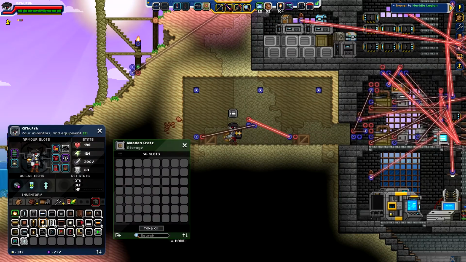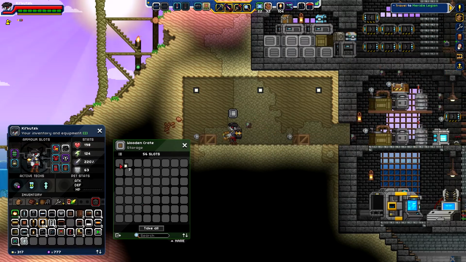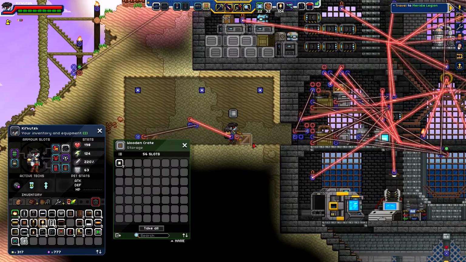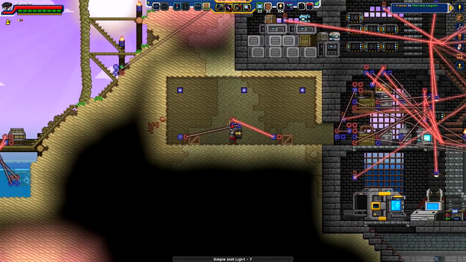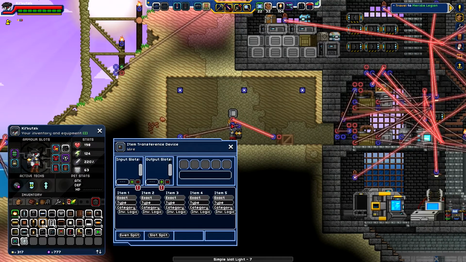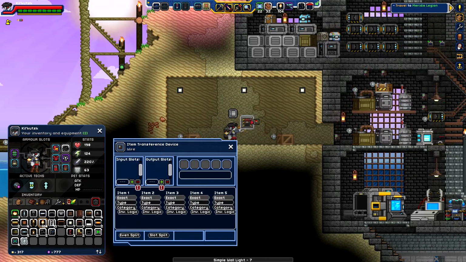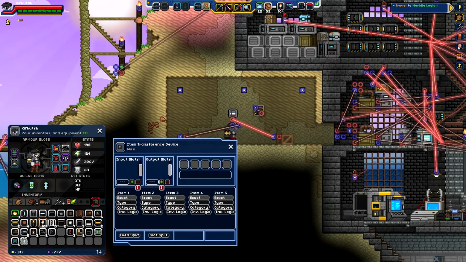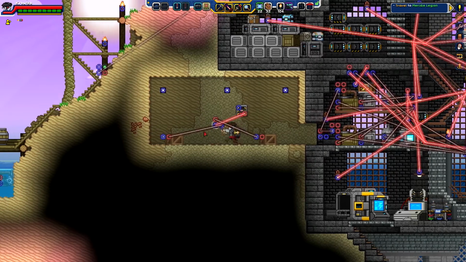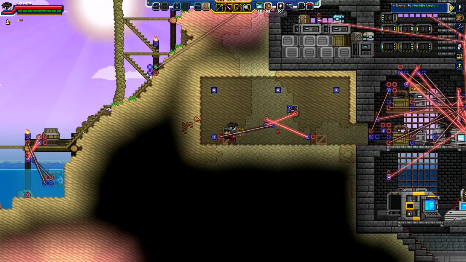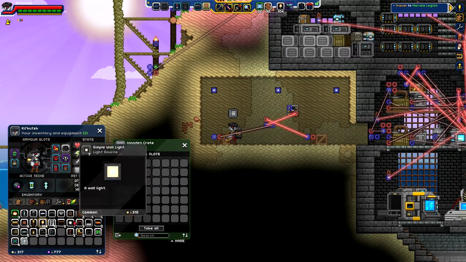So let's demonstrate. Basically, I take these lights, they disappear. Suddenly, they're in this box. I can take them out and go like that. And then we can also, let's see, I've got a switch right here, and we can demonstrate this action as well. Let's go ahead and we've got our output for the switch. Let's put it on the input right there, and we'll turn it off. So what that does is that makes it so when I put something in here,